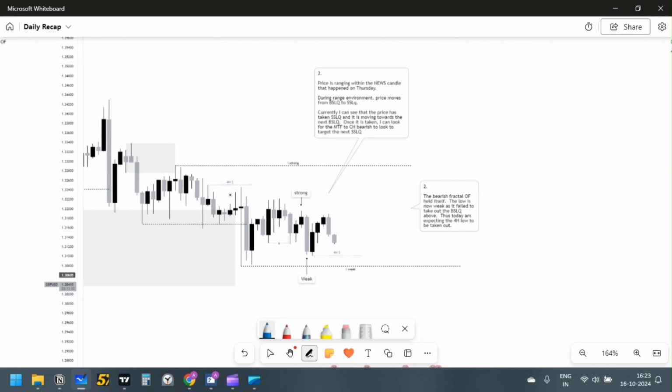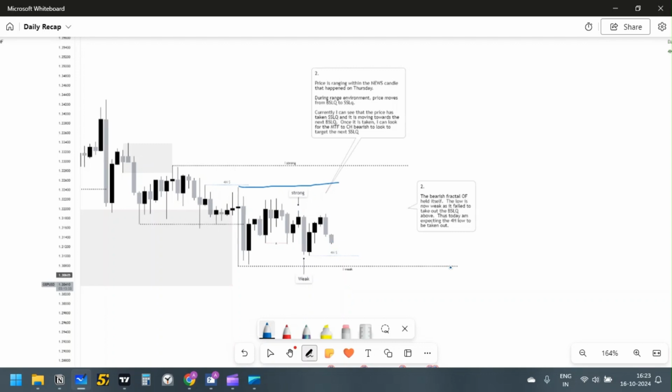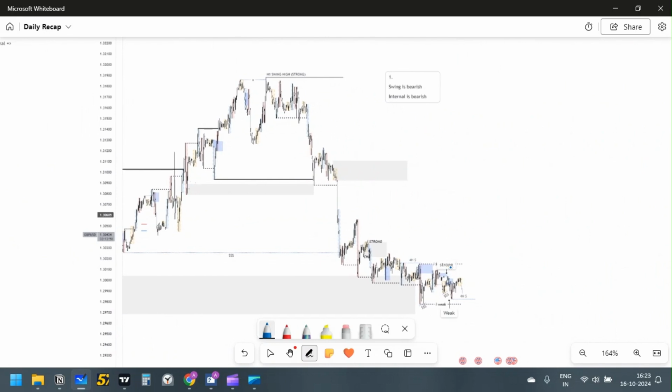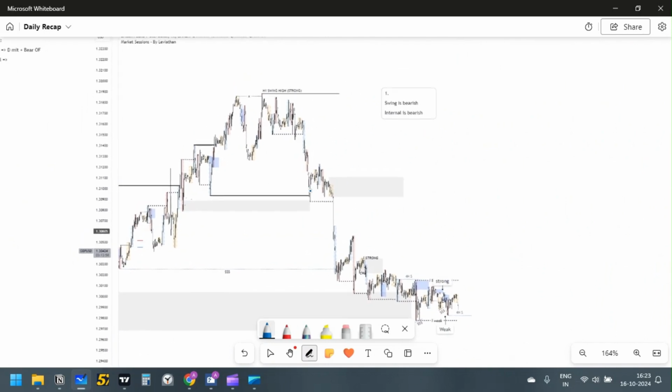So what happened here? The price is actually consolidating between the high and low of this news candle. It is a range consolidating between these two. Here you can see that the supply is being respected and this low failed to take out this high. This low is weak, and the price can target this low as well as the weak internal low. So let's jump into H1, and here you can see that the swing structure is bearish and internal is also bearish. Zooming in,